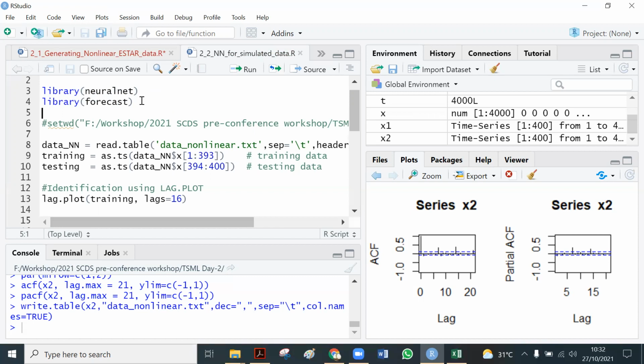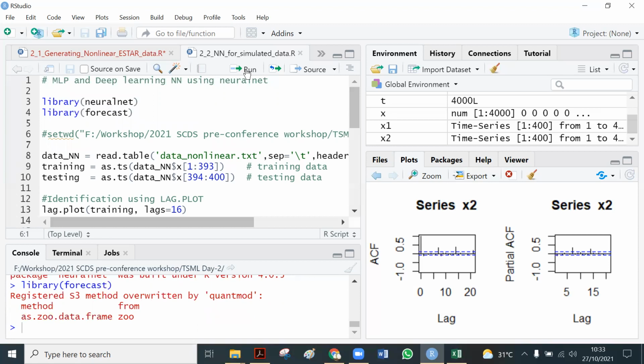But if you use the R console, the original R, you need to check it. How to check it? We just run this code.